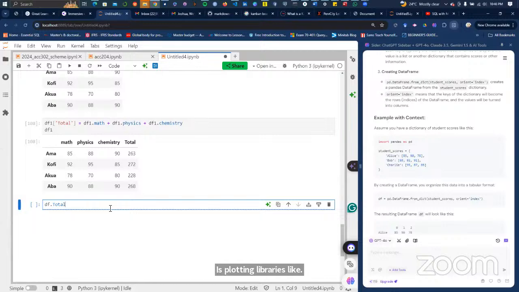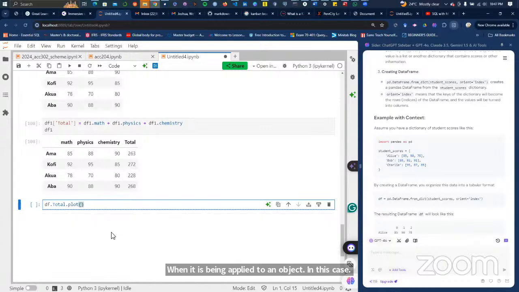So df.total.plot will actually do a line plot. You see, plot is a function. When it is applied to an object, that's why we are using the dot.